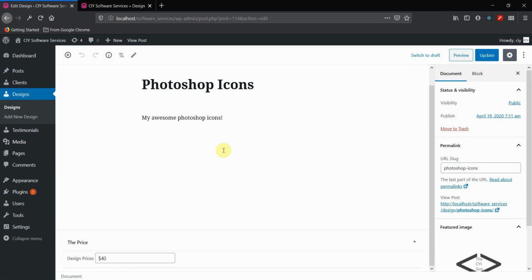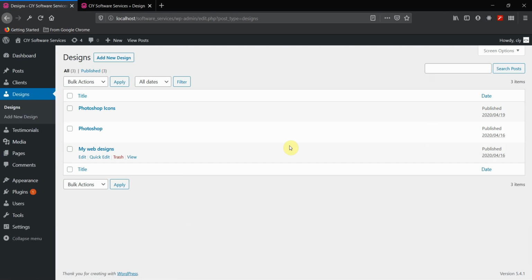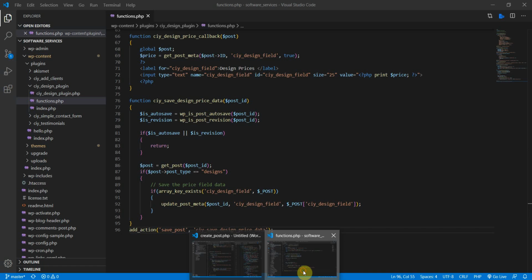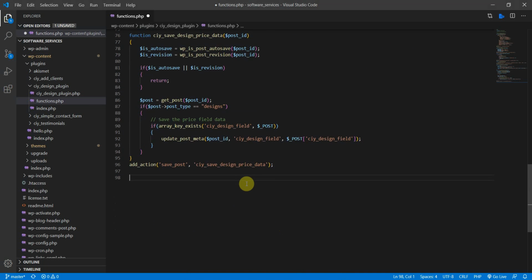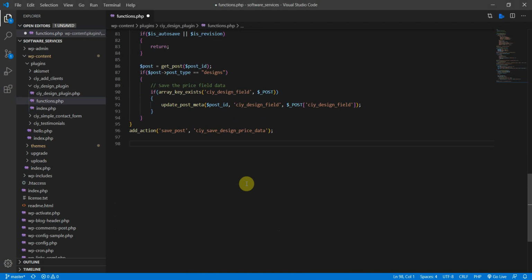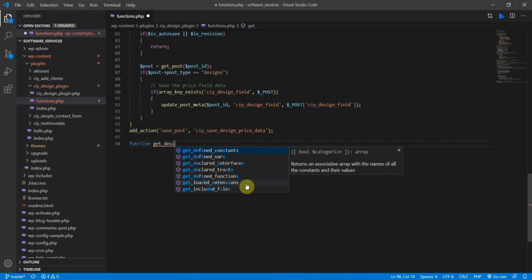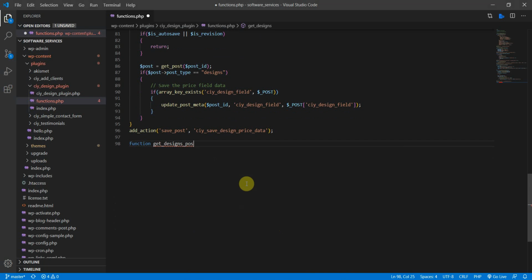Now the next thing we need to do is make it visible out here as well. So let's go back to our back end, and under the function here where we save the price to the database, let's create the post type. So let's do a function get_designs_post_type,